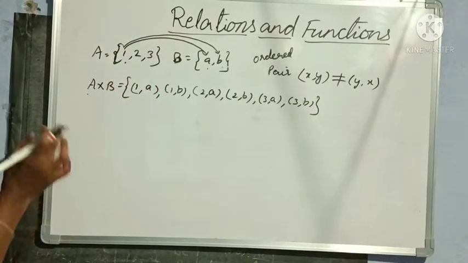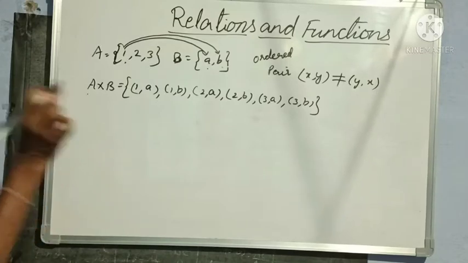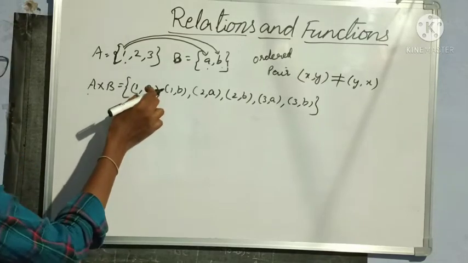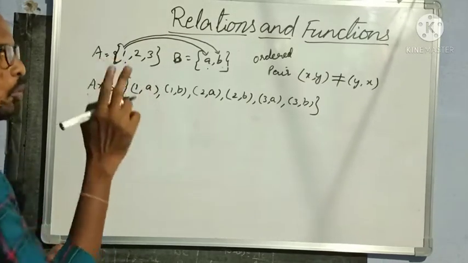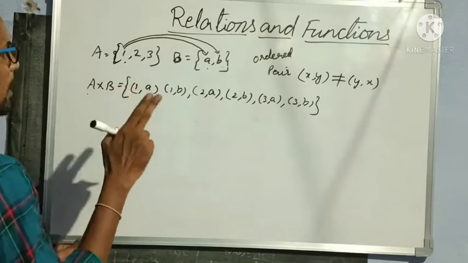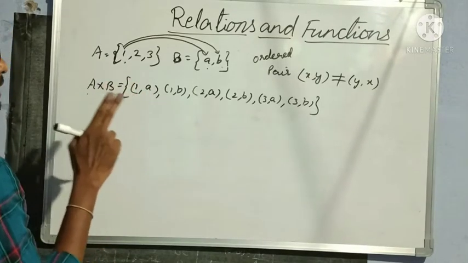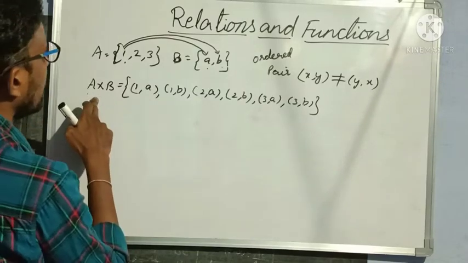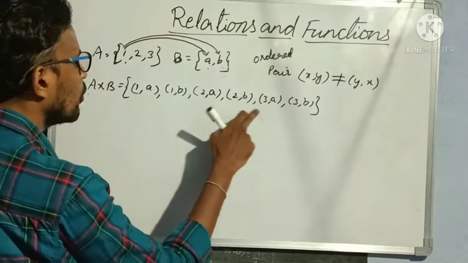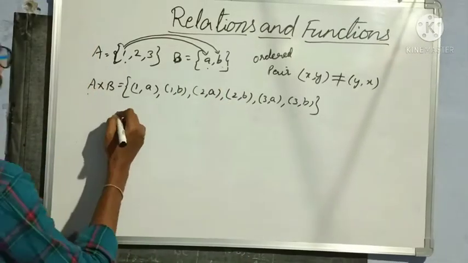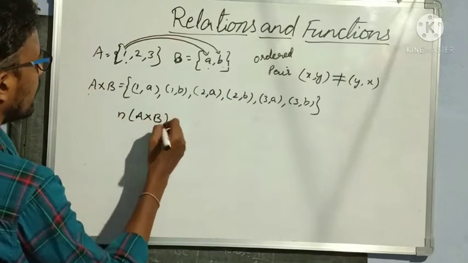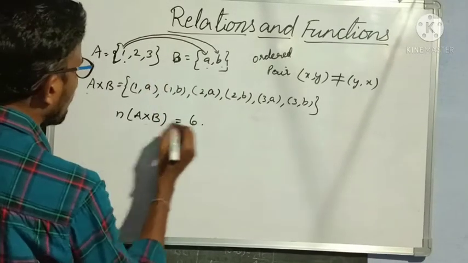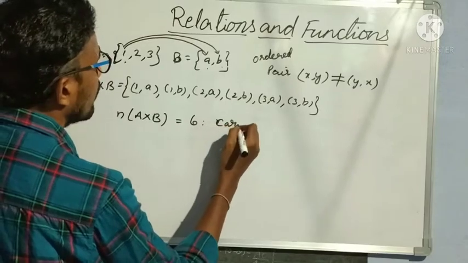So till now in sets we got only single elements, but here we are getting a pair of elements as a single element. Understood? So one pair of numbers is one single element here. So in A cross B, how many elements are there? 1, 2, 3, 4, 5, 6. Okay? So the number of elements of A cross B is equal to 6. Up to here everybody understood? So whatever number of elements we are writing, this is called the cardinal number.